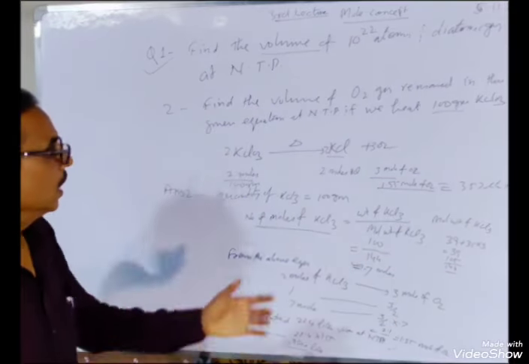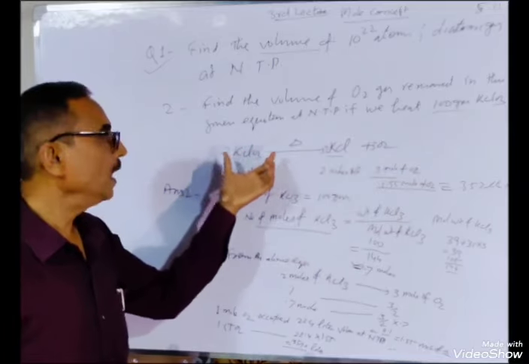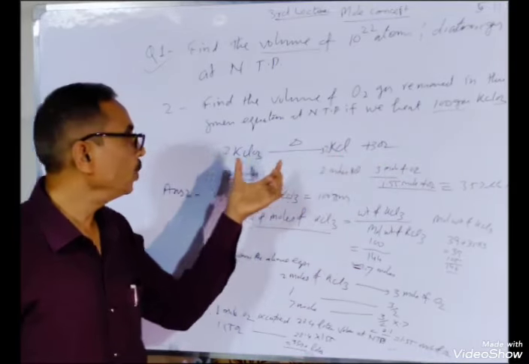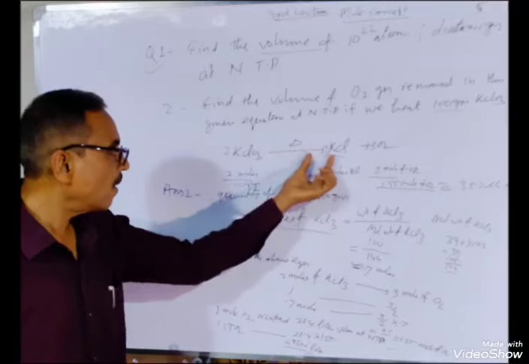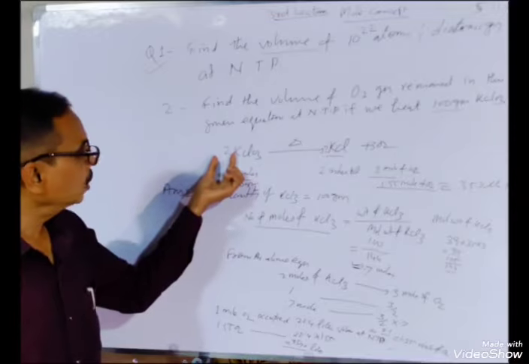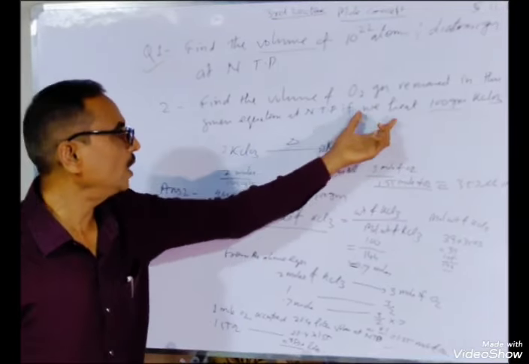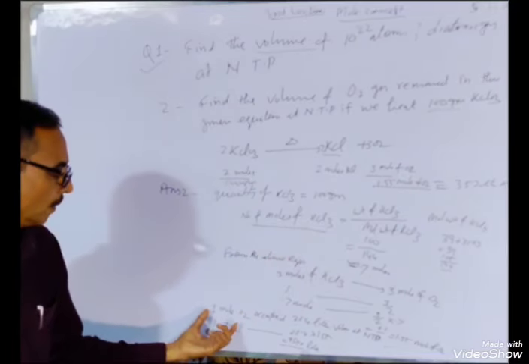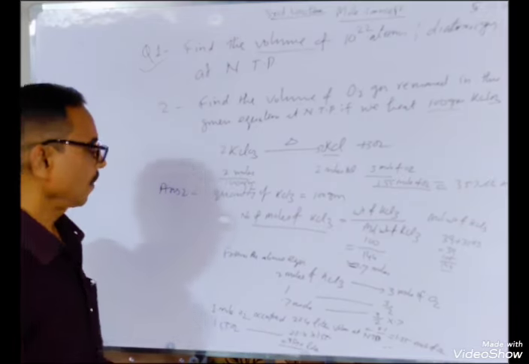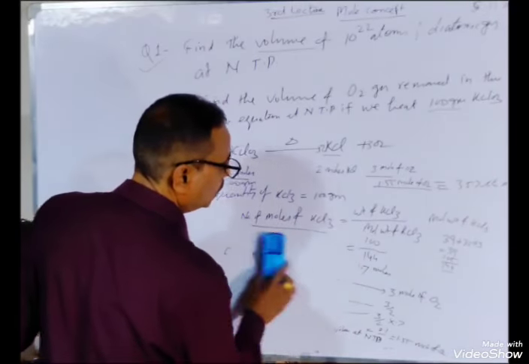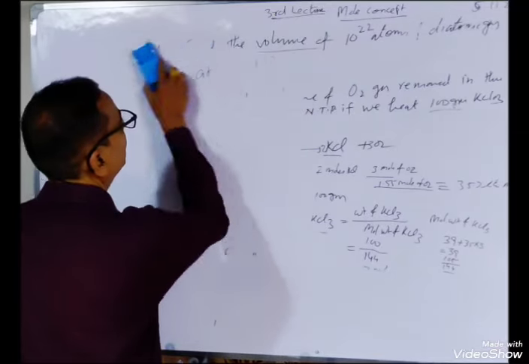So this question is totally based on this numerical. In any balanced chemical reaction, the prefix before each species is the number of moles. So you take these moles will produce those moles, and finally convert the weight into moles, and accordingly you will calculate the volume. So the next question arises, what is NTP?